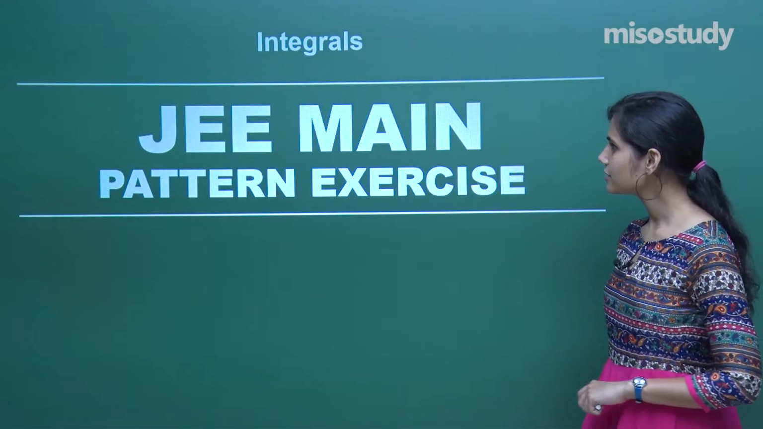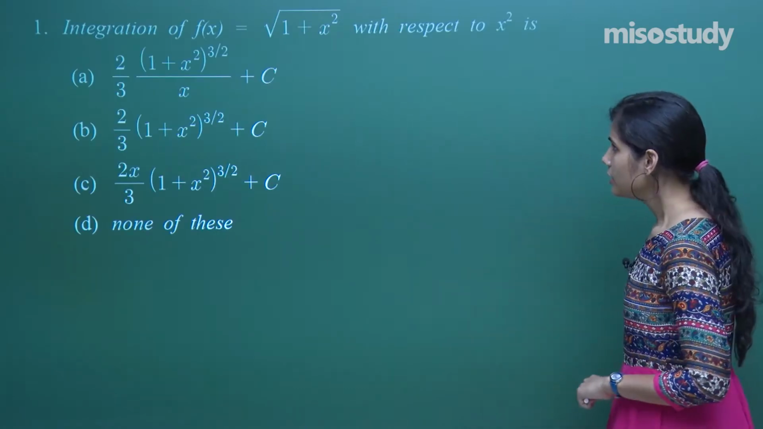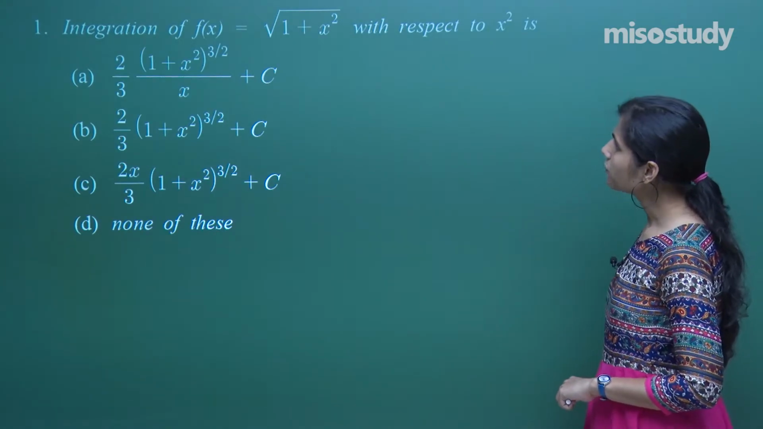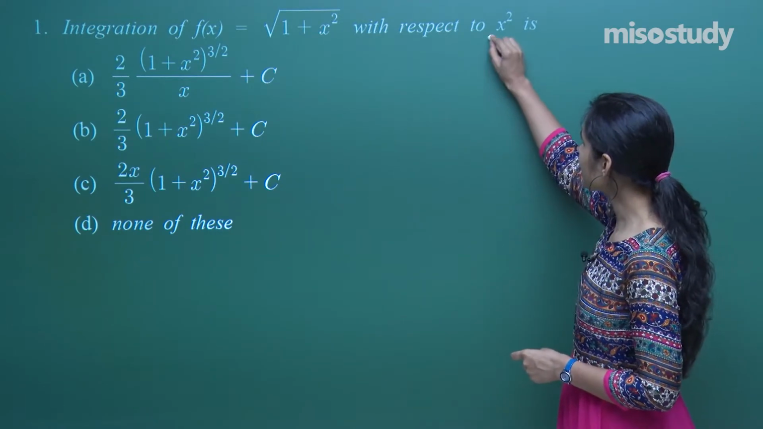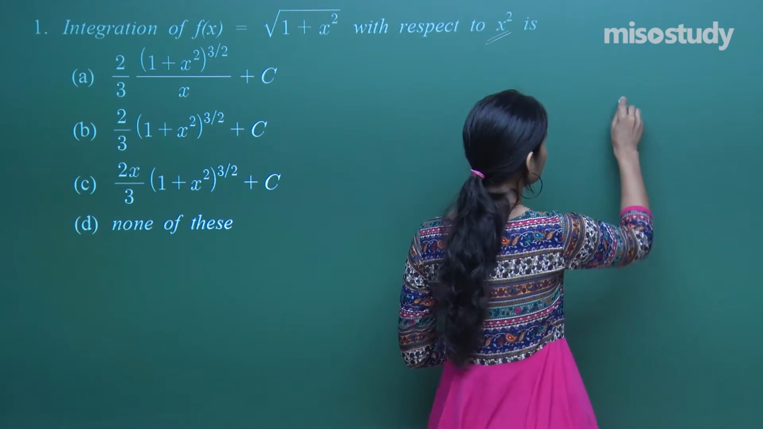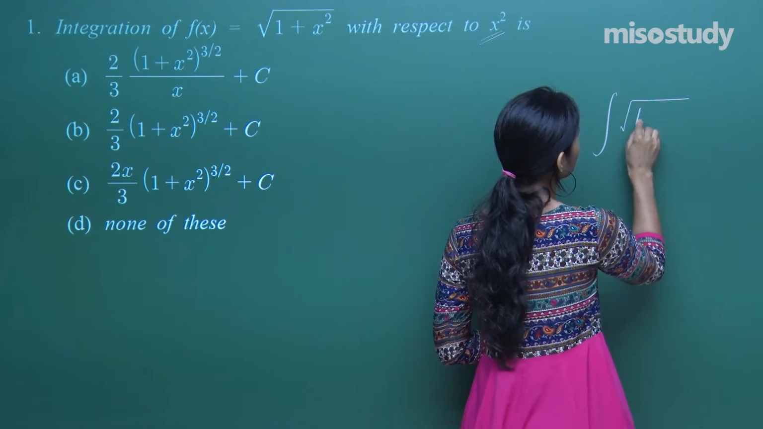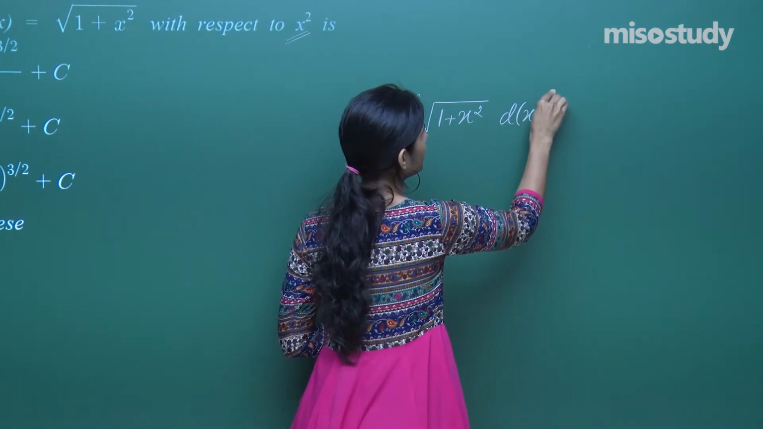Okay guys, let's discuss the JEE Main pattern exercises for the chapter integrals. First question says integration of f(x), which is given to be under root 1 plus x square, with respect to not x, but this time x square will be what? So the question is basically asking you to integrate under root 1 plus x square, but with respect to x square